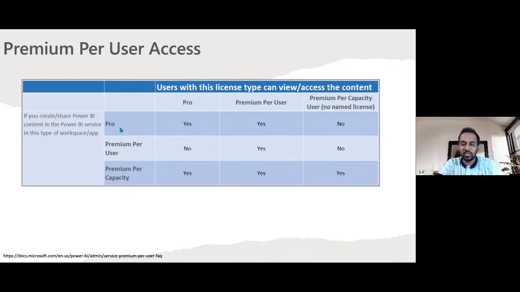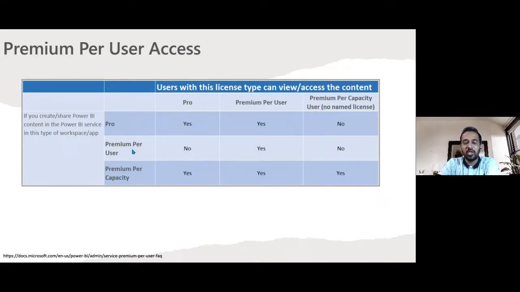So if you have the Pro workspace and the Pro license, then the user can see the content. And if you have the Pro workspace and a Premium Per User license, then you can see the content. If you have the Pro workspace and the user doesn't have a Pro license, but is just a user added for capacity license, then they may not be able to see the content inside the Pro workspace.